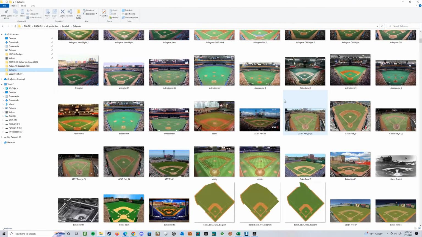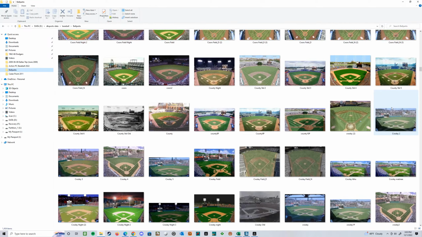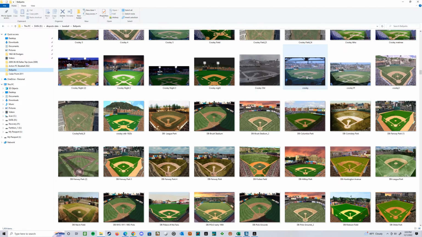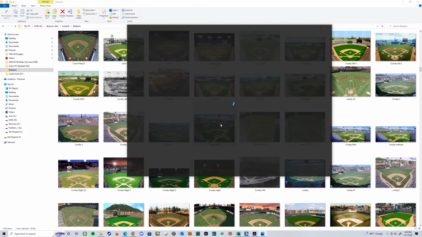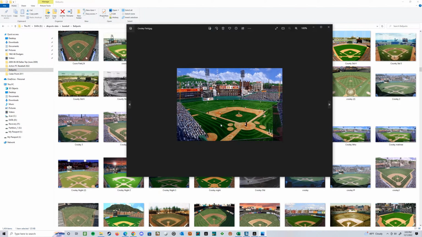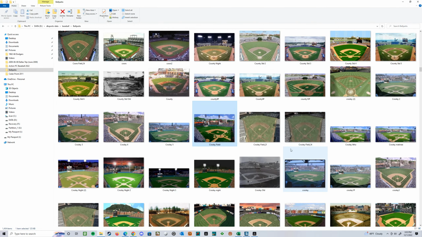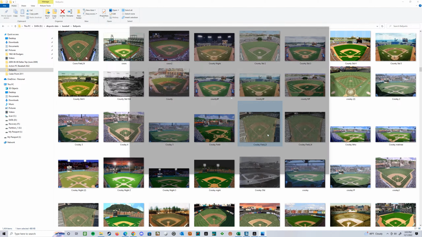Let me see here. All right, Beatles, I'm going to run through. You can see all these Crosleys I've got here. I've got some animated ones. Got a lot of Crosley. This is a cool one right here. I don't know what that looks like expanded up, but I really like that one. It's kind of like an old painting version of it. I've got some of these top downs